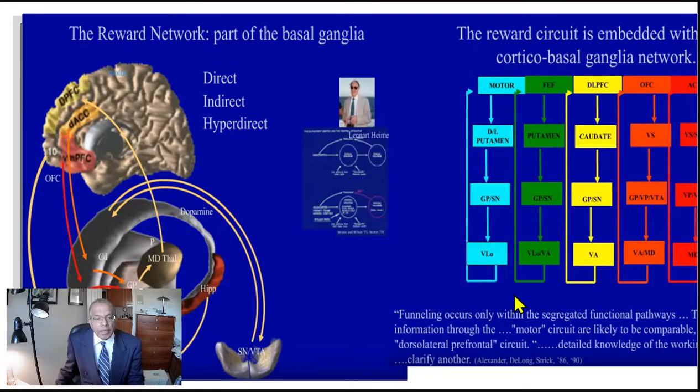Frontal eye field is the component holding a visual field, the one holding the objects of the world, and that is the loop in the green color. And the motor component is where we develop Parkinson disease and others. So we first hold the images of the world through the frontal eye field loop, which connects with the putamen and the globus pallidus.